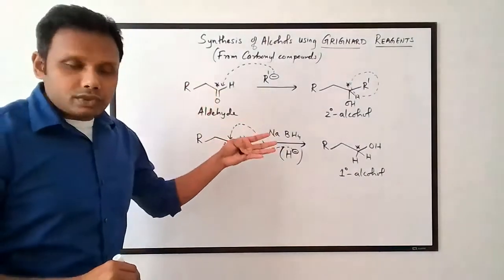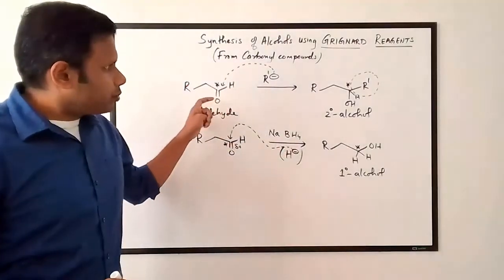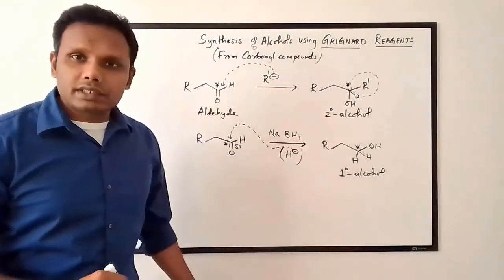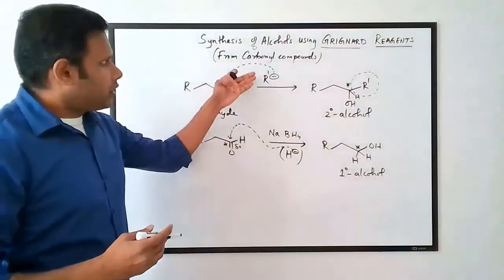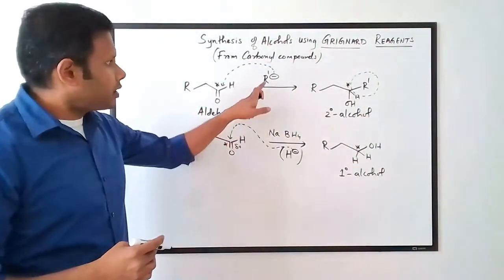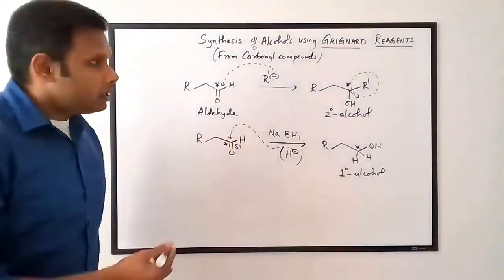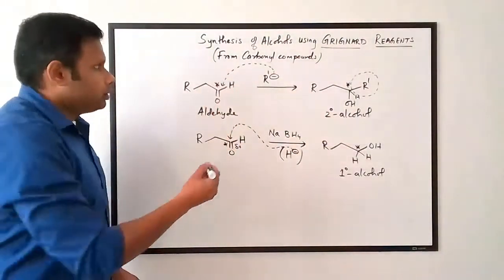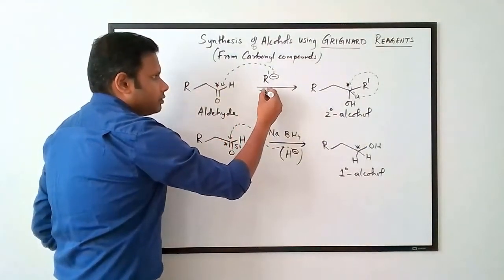And then using a similar mechanism, this carbonyl, the double bond O, would open up and get protonated, and you would get the secondary alcohol. So now the question is, how do we get an R' or an R group which has a negative charge on it? By an R group, remember, we're talking about maybe something like CH3 with a negative